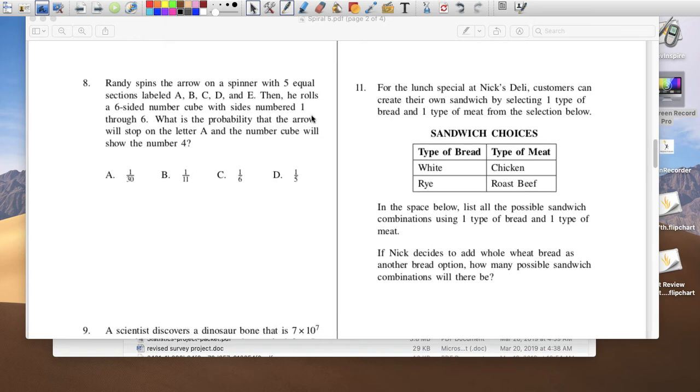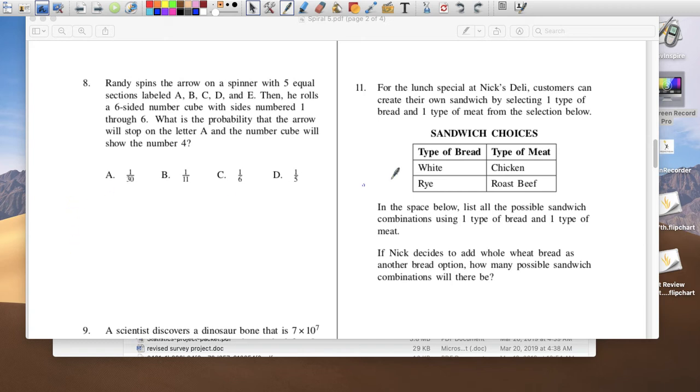Number 11. For the lunch special at Nick's Deli, customers can create their own sandwich by selecting one type of bread and one type of meat from the selection below. In the sample space below, list all the possible sandwich combinations using one type of bread and one type of meat. If Nick decides to add whole wheat bread as another bread option, how many possible sandwich combinations will there be? So